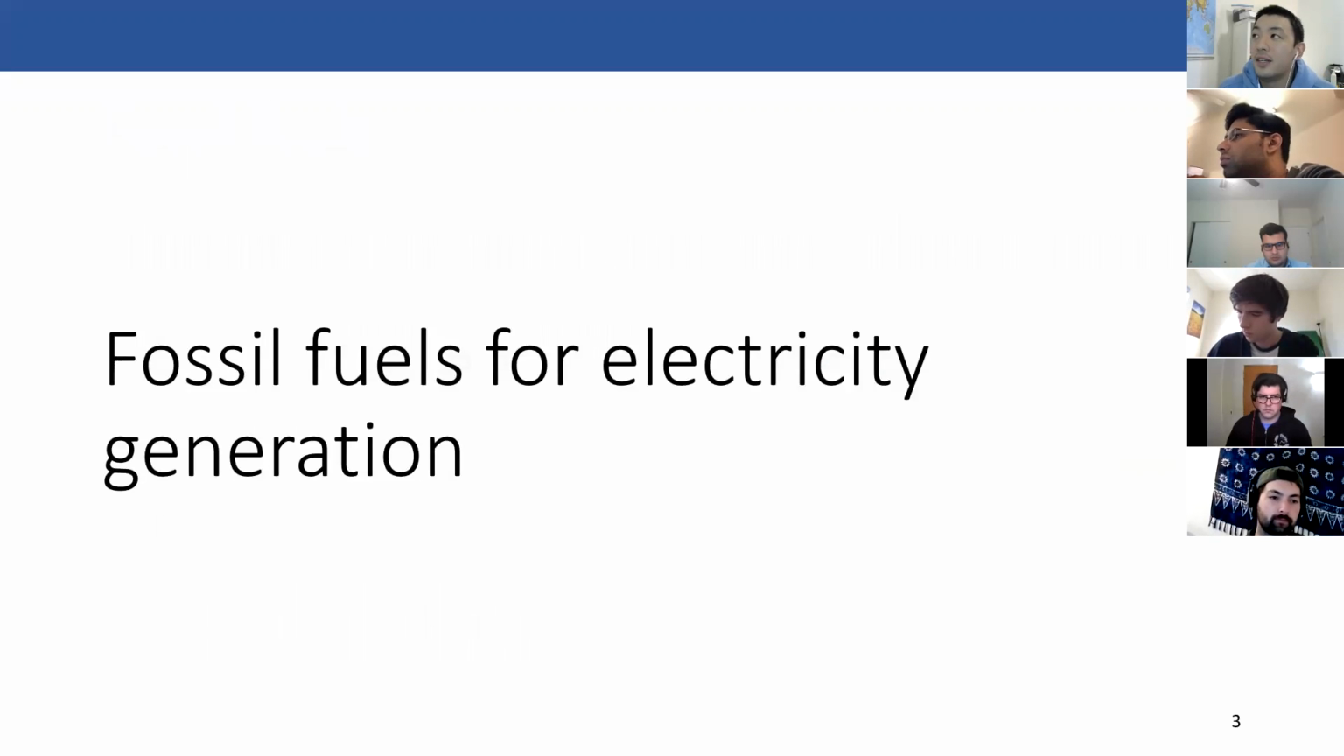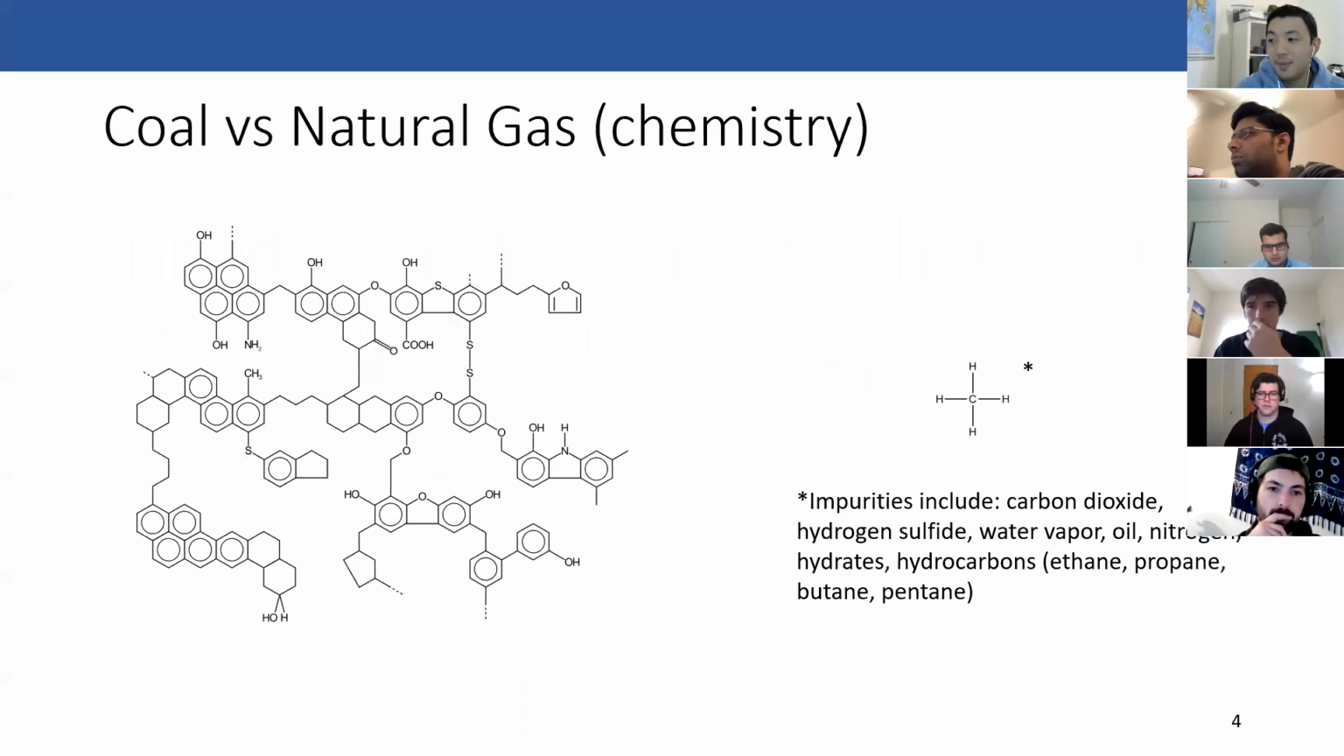So in a later lecture, we're going to talk about fossil fuels used in transportation, but today we're going to be focused on electricity generation, and so we're mainly going to be dealing with coal and natural gas. So the chemistry for these two compounds is quite different. So on the left side is kind of like a typical example of a chemical composition of some piece of coal,